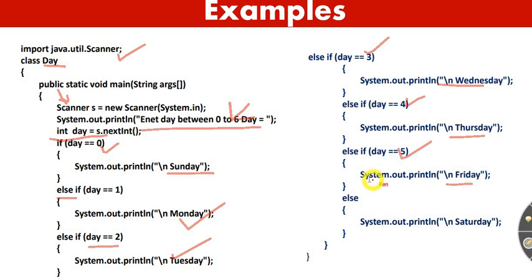And the last portion, what I said, if none of this is matching the value, that means the user has given 6, right? That is Sunday. Depending upon the value entered by the user, this program is only applicable if you are pressing from 0 to 6. If you press 10, then it's not going to be executed. Make sure of that. On that purpose, it is made.